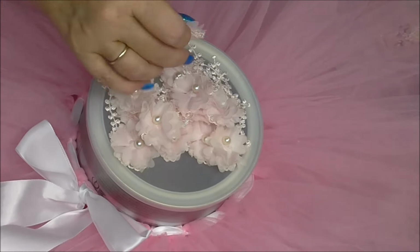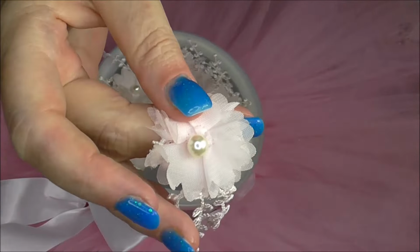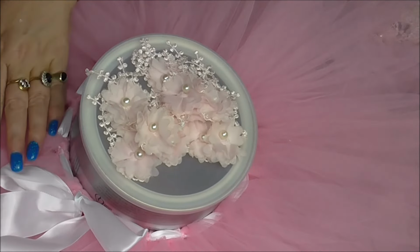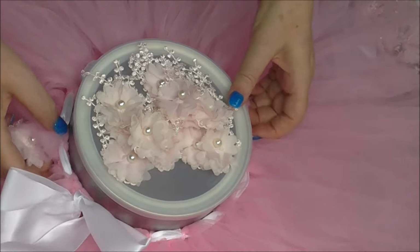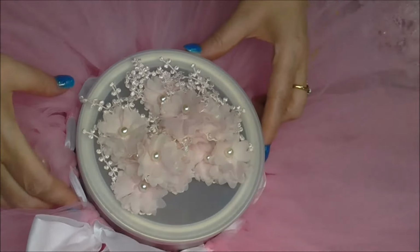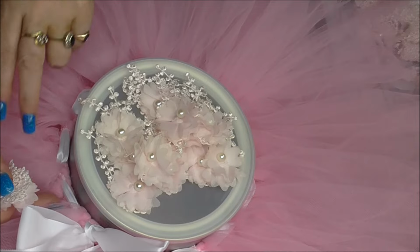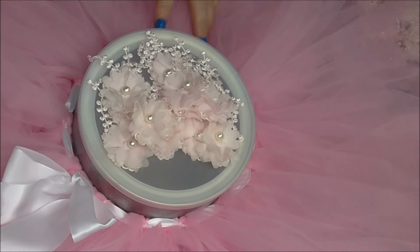Now, I've got these little flowery dangles, and they're a very pale pink. I'm going to add these to the top. So where I've threaded, let's see if I can show you where I've threaded. So you can see that one there, that one there, that one there. I'm going to add one of these little flowers to there. Now I don't want it to interfere with the white ribbon, because obviously you want to be able to tighten,